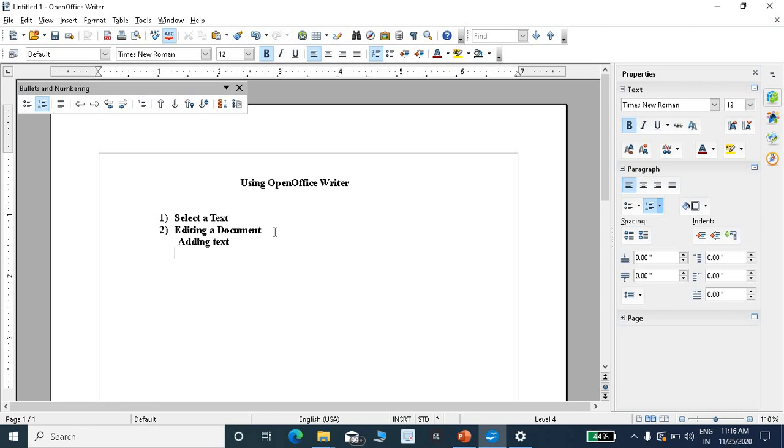See, press the alphabet A, B, C, D by using keyboard. See, this is the A, this one is the B, this one is the C and this one is the D. How I added this? By using keyboard. By using keyboard you can add a text in a document.